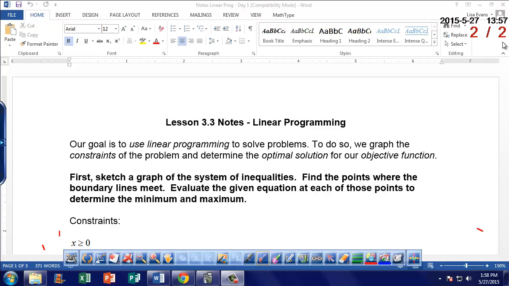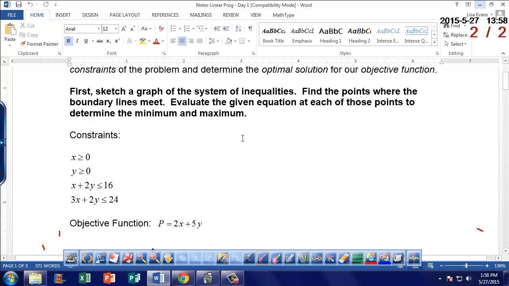So first, we're going to sketch a graph of the system of inequalities. We're going to find the points where the boundary lines meet. We're going to evaluate the given equation at each of those points to determine the minimum and maximum. So this is an example without a word problem application. So what we're going to do is take these four inequalities and go ahead